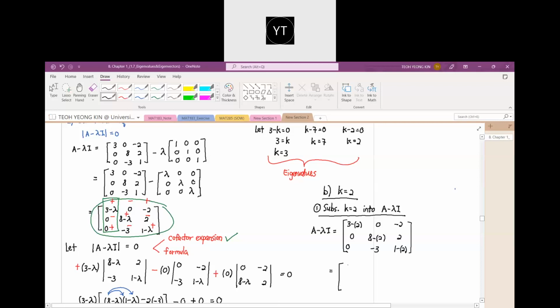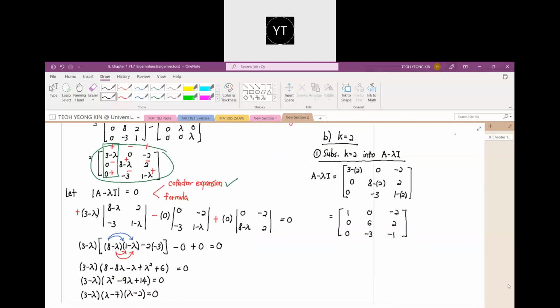Simplify. Here we should have 1, 0, negative 2, 0, 6, positive 2, 0, negative 3, and negative 1. So this is the first step. Substitute k equals 2 into A minus lambda I. And then second,